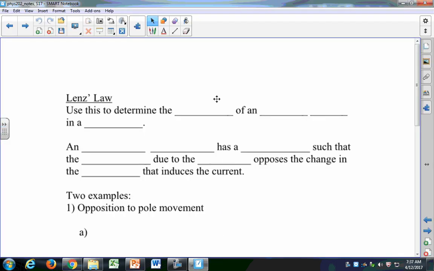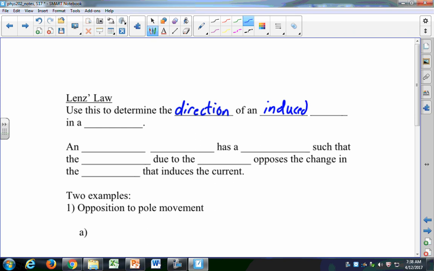So let's start now with Lenz's law. I sort of alluded to this last time. We use Lenz's law to determine the direction of an induced current in a loop. So remember last time we said that if you change the magnetic field, then it induces an electric field within this loop of wire. And in fact, that electric field is going to be perpendicular to the magnetic field because, well,